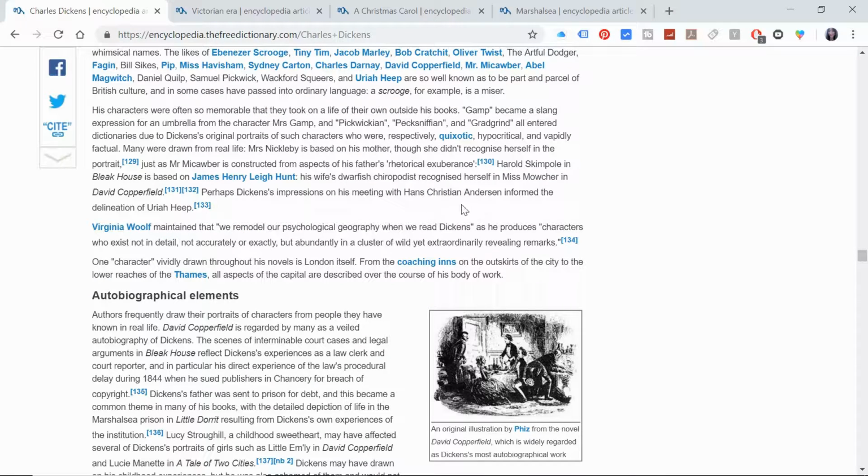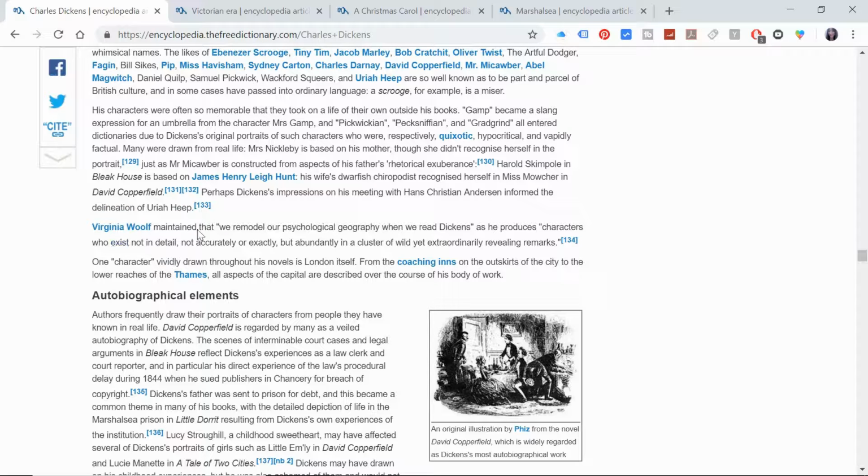We can see here some of the criticism creeping in, and we can see the interpretation of some of his characters as being caricatures, very over the top, unrealistic portrayals. Now that's not all of the characters, but some readers feel that certain characters are like this, and Tiny Tim's often one that's referred to as being a little bit too sickly, a bit too sentimental.